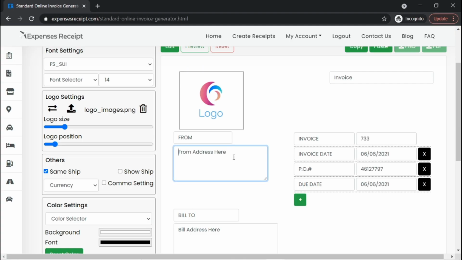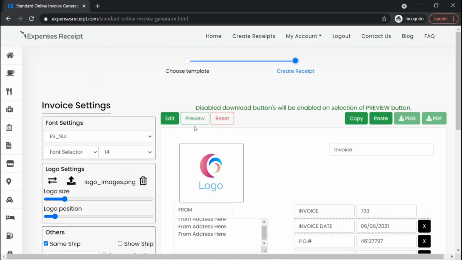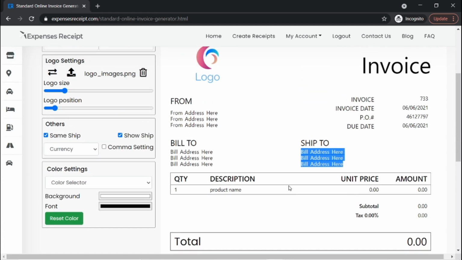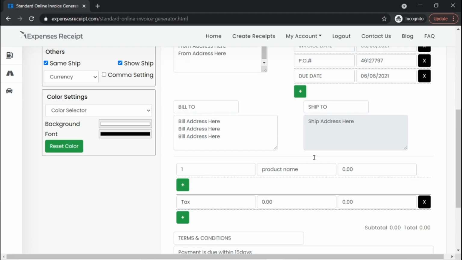For example, if I'm using from billing, and if you show shipping address and select same shipping address, then whatever you entered in this billing is the same here too. And once you enter the item information here, the product, the price and quantity, and then the sales information here,